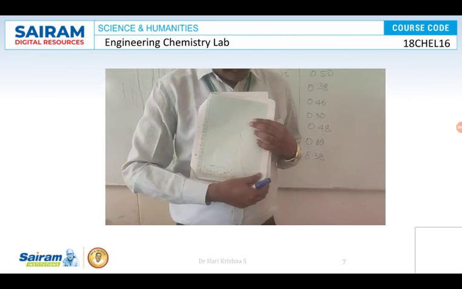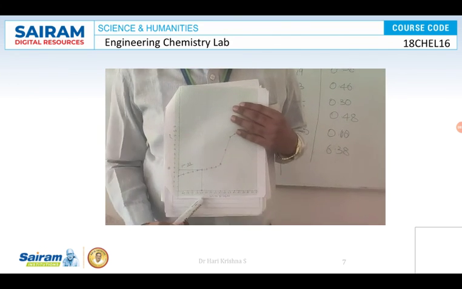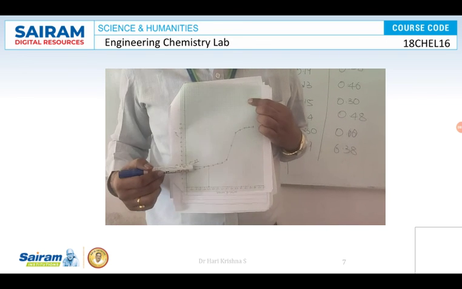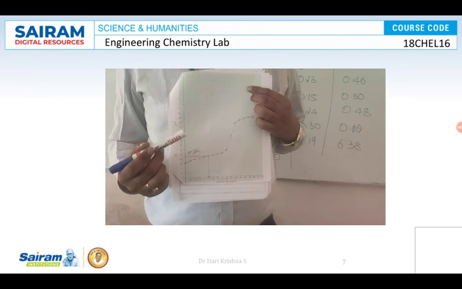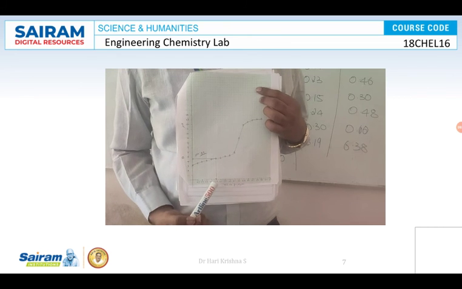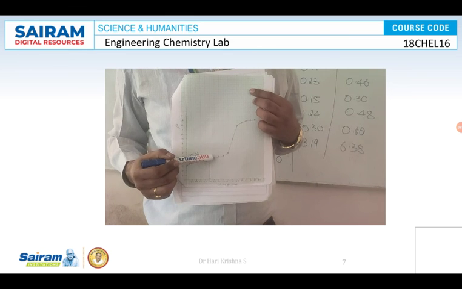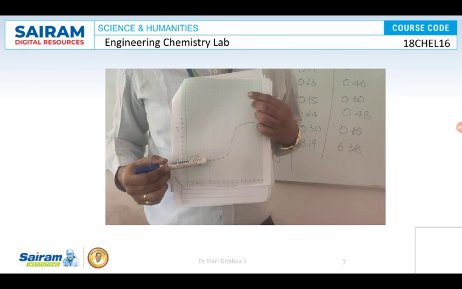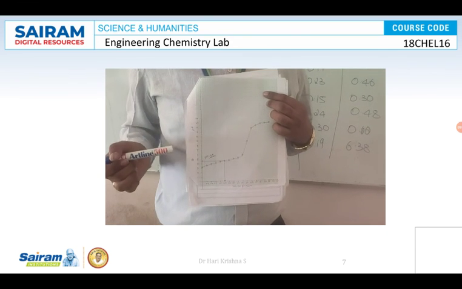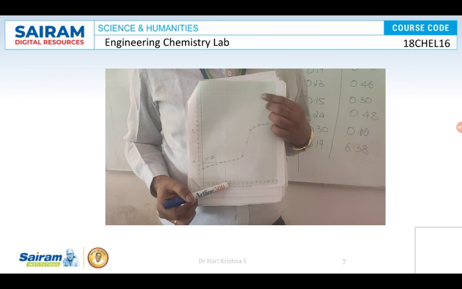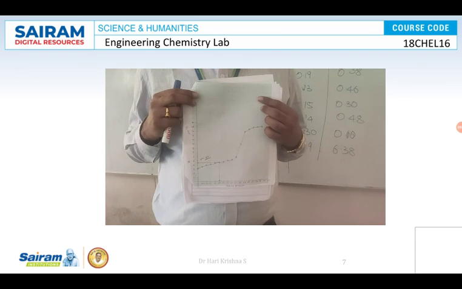We are going to plot another graph, pH versus volume of NaOH. So you get an S-type curve. At half equivalence point, pH is equal to pK. As per the Henderson equation, pH is equal to pK at half equivalence point. Half equivalence point is 2.5. Draw a parallel line to the y-axis until it touches the curve. Once it touches the curve, draw a parallel line to the x-axis until it touches the y-axis. Whatever value you get here, that is pKa. Here half equivalence is 2.5 and pK is 4.6. This is how you determine the pK value of a given weak acid.